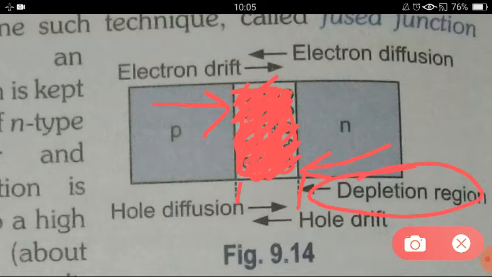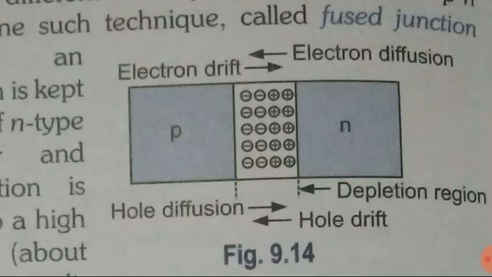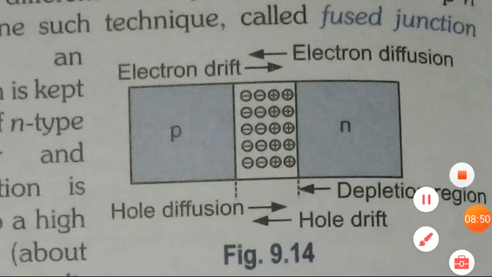So these are the two processes. First is diffusion and second is drift, which take place during the formation of the p-n junction, and because of these two processes one wall is created, and the region where that wall is, working like a barrier, is called the depletion region. Here I have explained how the different processes occur. Now let's see the definitions of these processes.